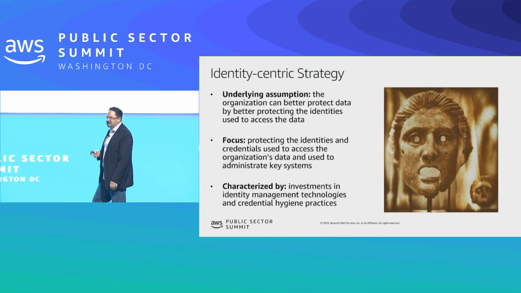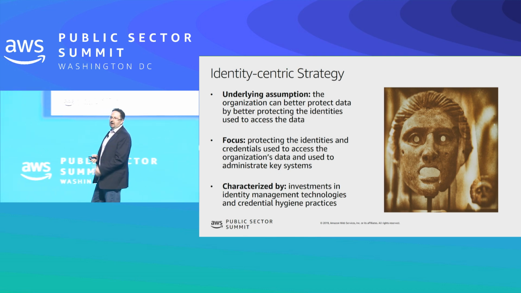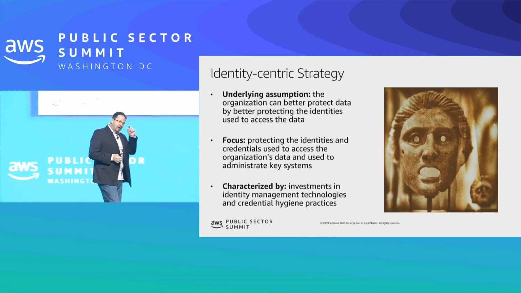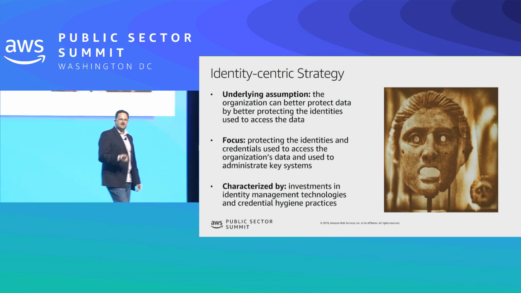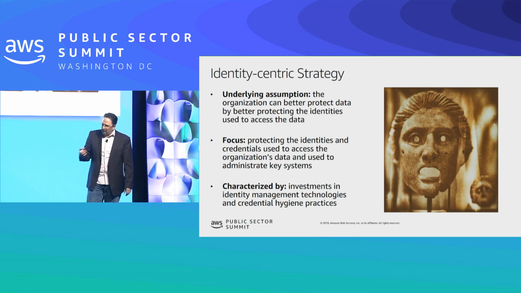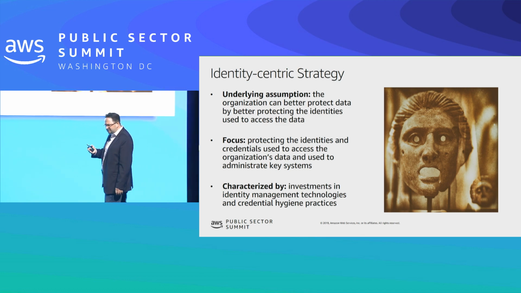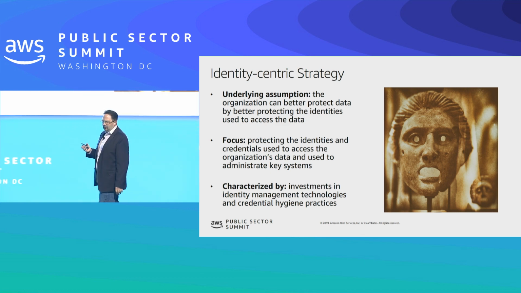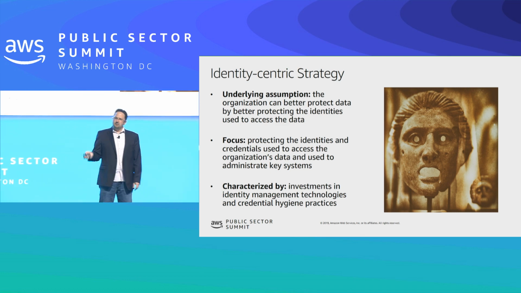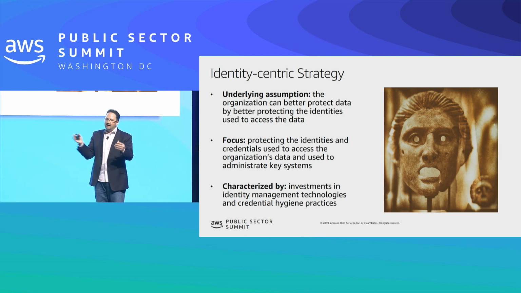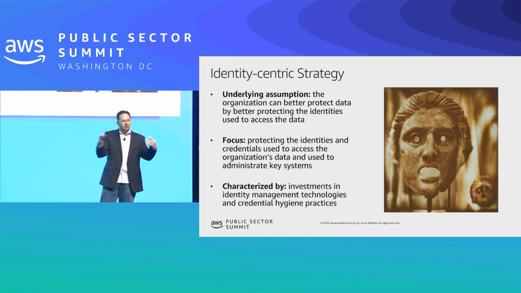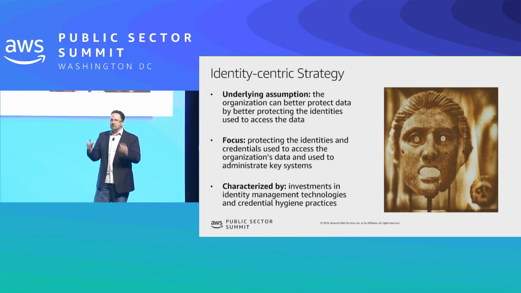Then there's the identity-centric strategy. Turns out that a lot of bad guys, when they get access to your environment after it's initially compromised, will use identities that they've stolen, right? Leaked, weak or stolen passwords and other types of credentials. They'll use those to move laterally through the environment, picking up more cached credentials along the way, trying to get to the Active Directory, siphon it off, do an offline crack on the weak passwords, and try to get access to more and more credentials.